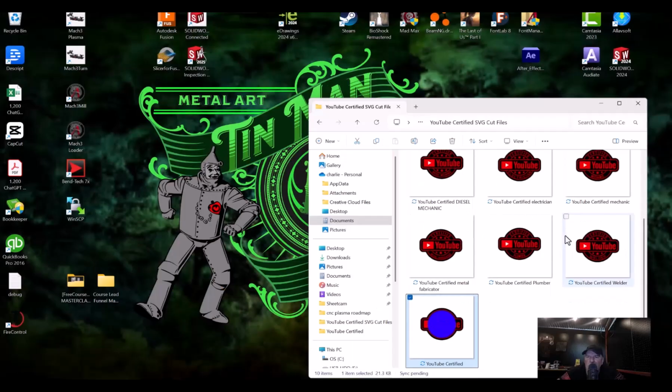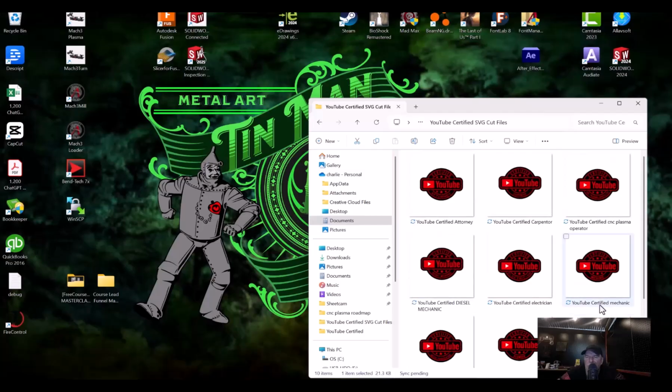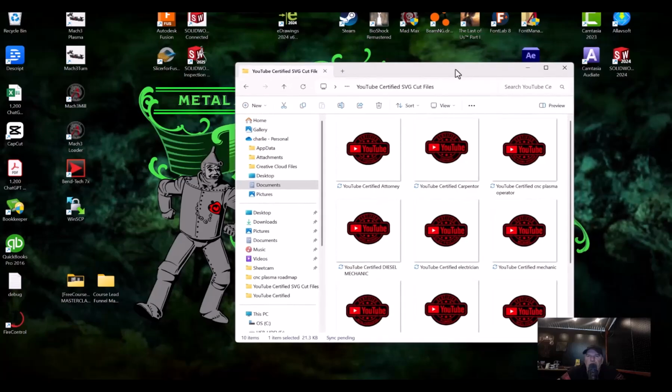Now I have pre-made ones in here for you: welder, plumber, metal fabricator, mechanic. Mechanic was probably the top seller for sure. Diesel mechanic, certified electrician, plasma, CNC operator, attorney. The attorney ones have sold pretty good too. But anyway, let's go over to the table, cut some of these out,